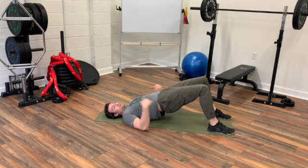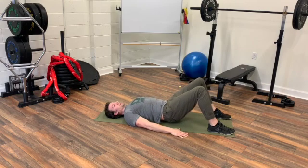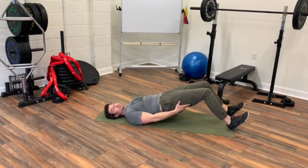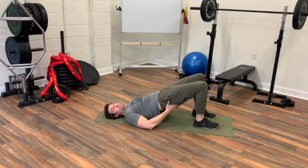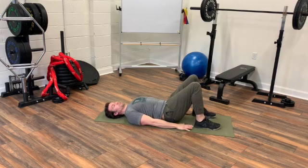Good. And since we've nailed this and we've got this position locked in, we can take a look at your feet. If your feet are further out, it's going to be more hamstrings and a little harder to balance and manage. If your feet are closer in, it'll be a bit more glute and easier to get up there. So from this feet closer in position, maybe just out of reach of your hands,